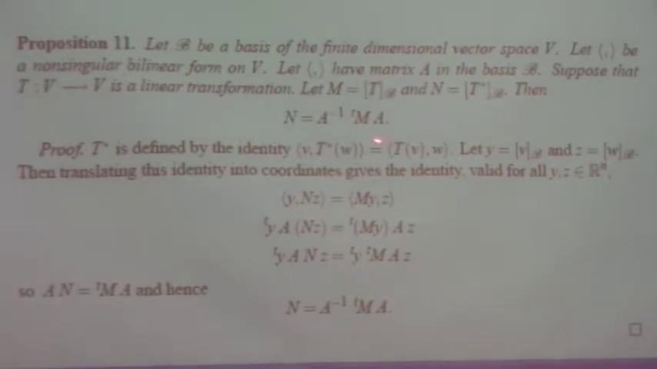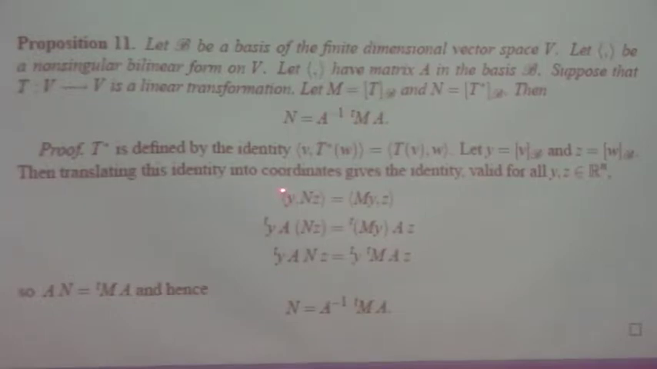And this is straightforward to prove. Here's the identity that defines T star. So if we translate this into coordinates, if y is the coordinate vector here and z is the coordinate vector here, that's just the identity. ⟨y, Nz⟩ = ⟨My, z⟩, where N is the mysterious matrix I'm trying to find, and M is the one I know. Well, by the definition of the inner product,